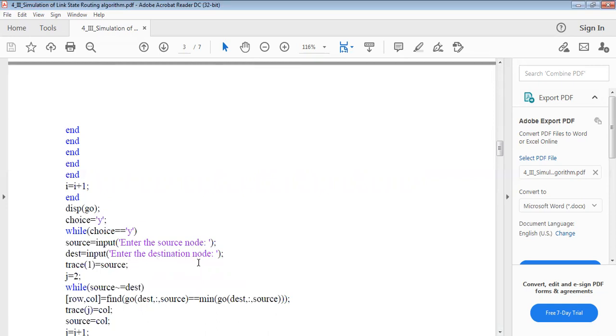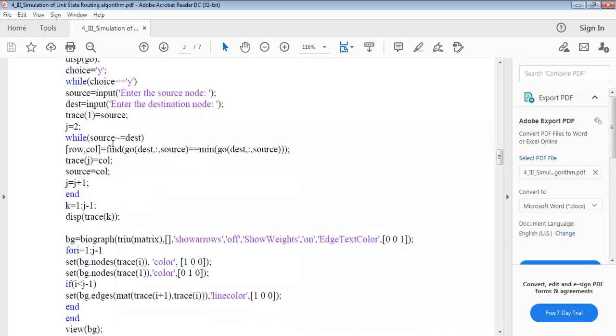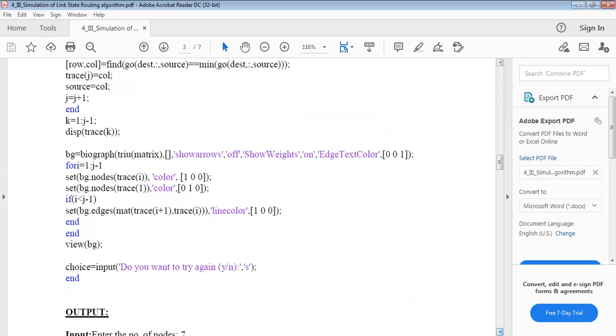So these are the two nodes जिसके बीच में आपको minimum distance path निकालना है और shortest path निकालना है. Here we are calculating whether source equals destination or not, and then we are calculating in terms of row and column. So this is all about your MATLAB code.